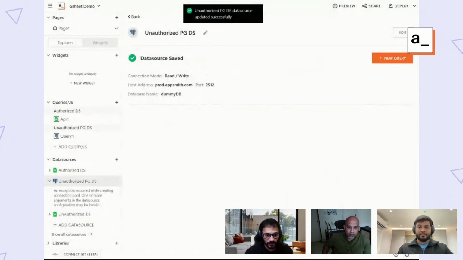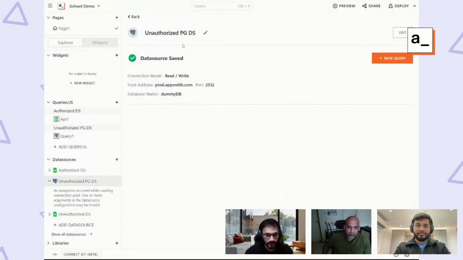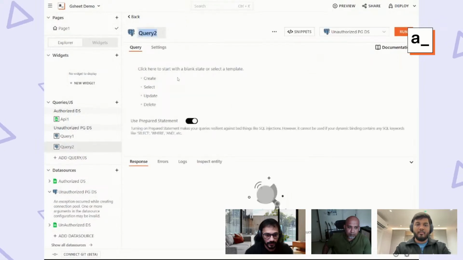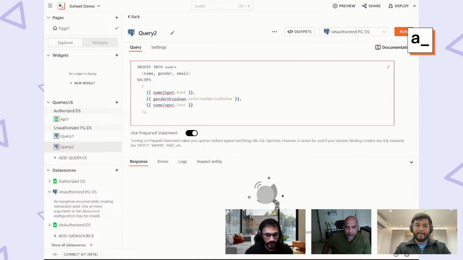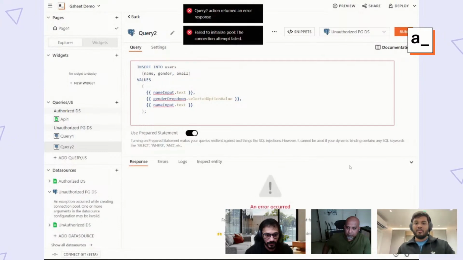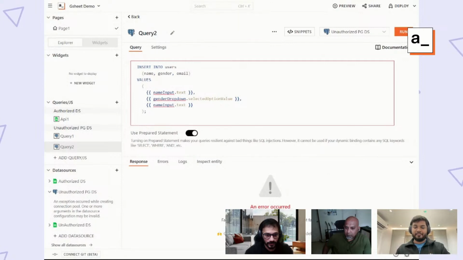And within this, what ends up happening is that even though my data source is not connected, I can still write queries on top. Now, as you know, when I'm trying to build a query on top, it's an effort. It takes a lot of effort to build the right query, right? I'll go through a couple of trials and errors, and I would be able to finally figure out what my query syntax or the structure has to be. And now when I go into running the query, we end up getting a failure error, because the query which is being built is on top of a data source that is not connected, and which was a